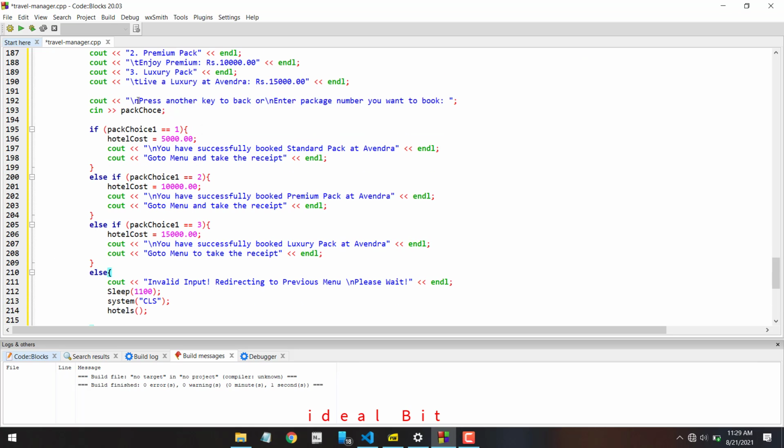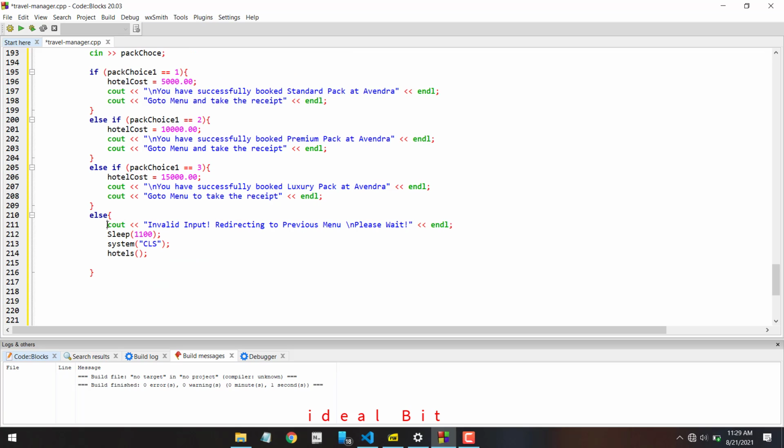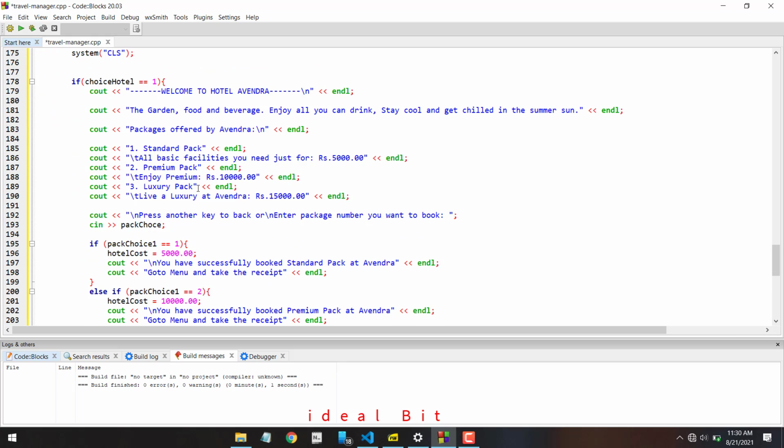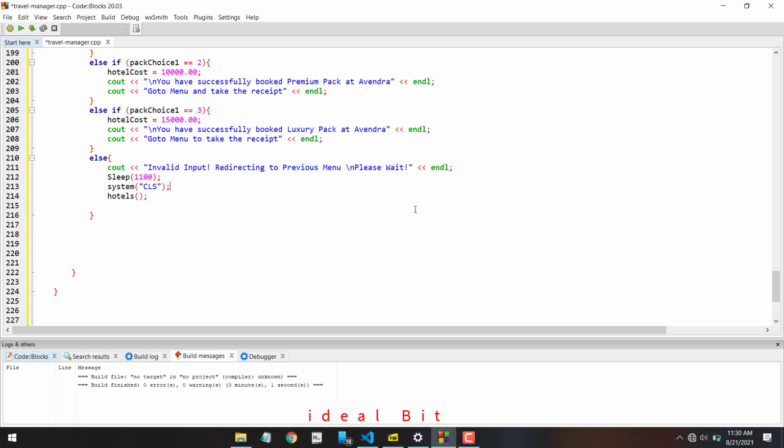I paste it here. You can see if package choice is 1, hotel cost should be 5,000, and this will print. If package choice is 2, hotel cost is assigned 10,000, and this will print. If package choice is 3, hotel cost should be 15,000, and this will print, and else this will print: invalid input, redirecting to previous menu, please wait. We discussed these things above, and then the first hotel is over, and then I can create